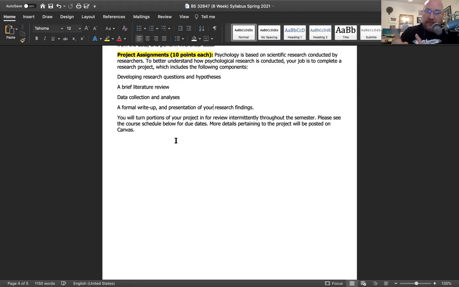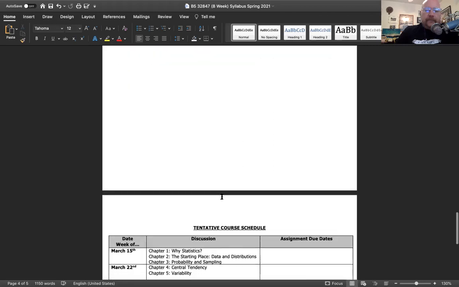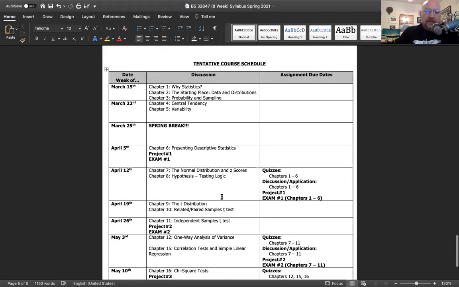And then you're going to pick 2 of those variables, things that you think are related to each other, and you're going to tell me why. You're going to do an analysis, and you're going to report your findings. So you'll be doing your own directed research project. You're not going to have to collect the data. I did that part for you already, but you'll have to do the analysis and interpretation in our class. And that's due in chunks. It's not like you have to do it all at once. Okay, so here's how the class is broken down.